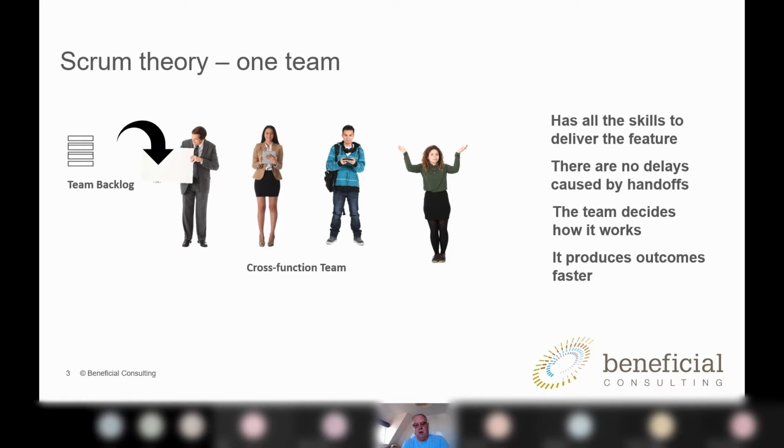The concept in Scrum is that the team has all the skills to deliver the feature. The concept is that we reduce all the delays caused by handoffs. The concept is that the team decides how to work, and as a result it produces outcomes faster. That's the fundamental underlying principle within Scrum.